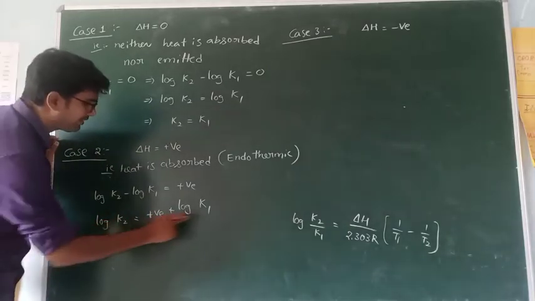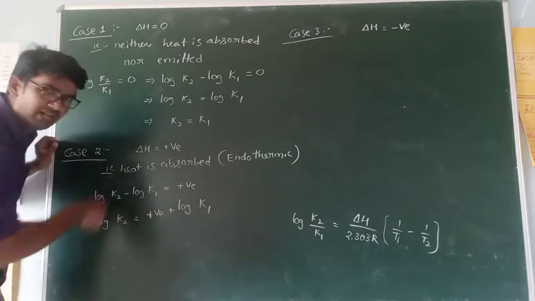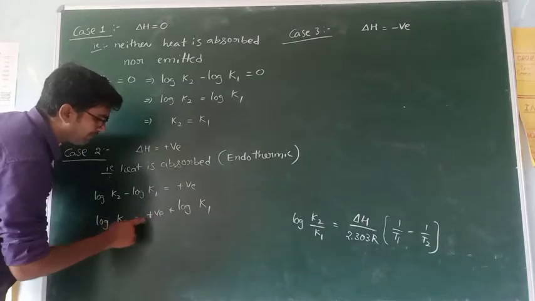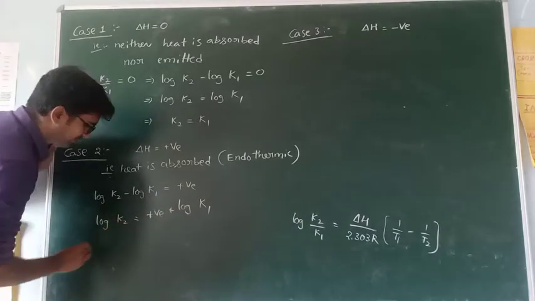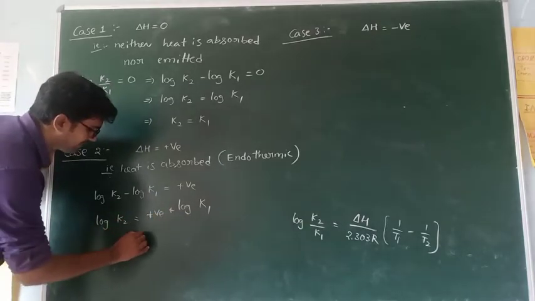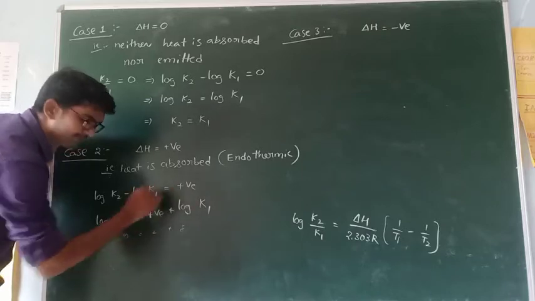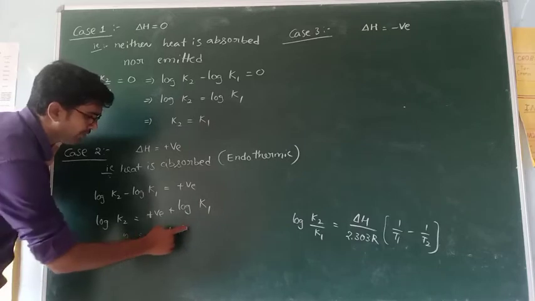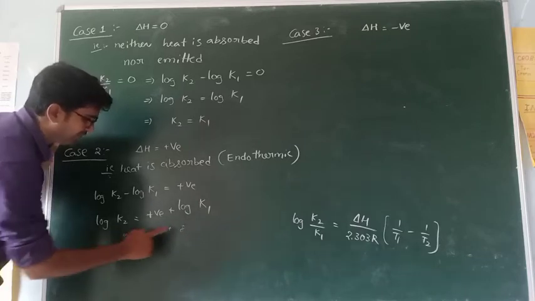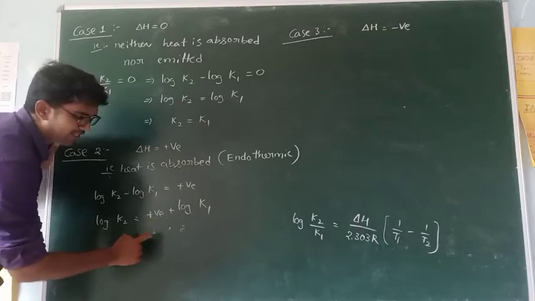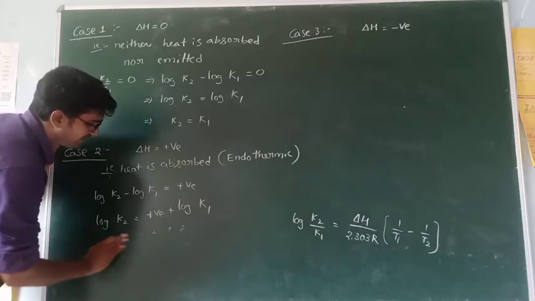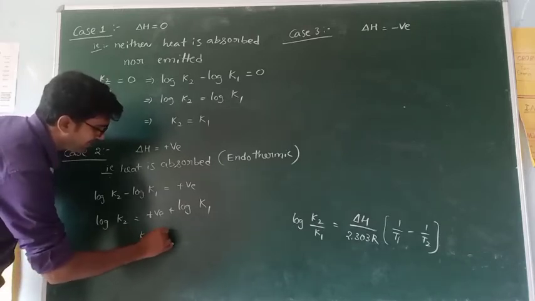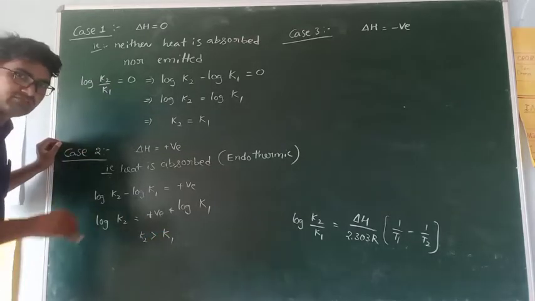So K1, K2, which is the higher value here? To get this value, we have to add some other value to log K1. Simply, 10 is equal to 2 plus 8. So 10, 8, which is the higher value? 10 is the higher value because for 8 to equal 10, we have to add some more value, that is 2. That's why K2 is the bigger value here. So it is very clear.